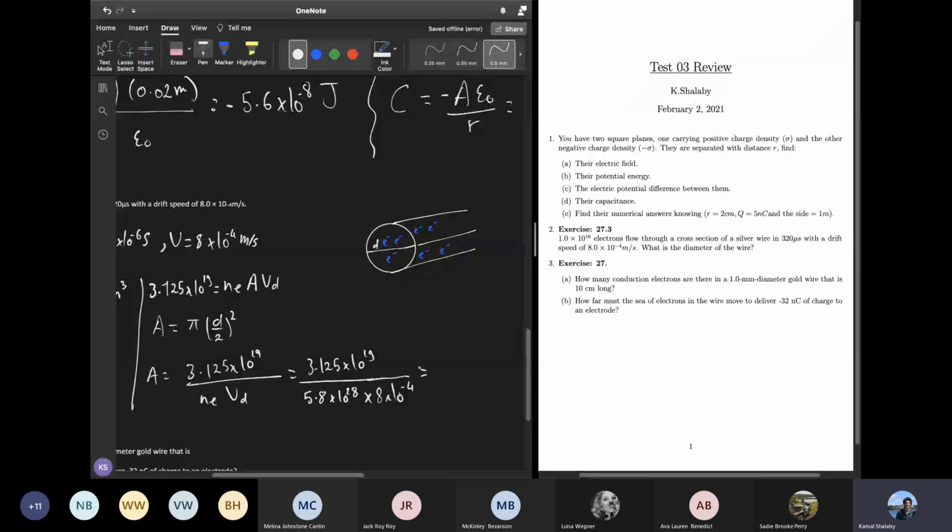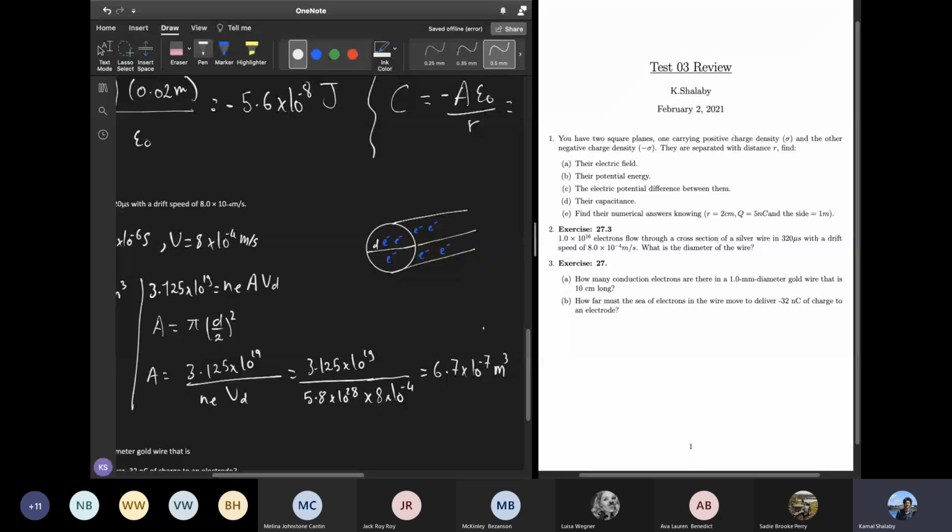Now equal to a really small number. Yeah, that would make sense because we have a huge number of electrons down there. That's going to equal, okay, 6.7 to the power of -7